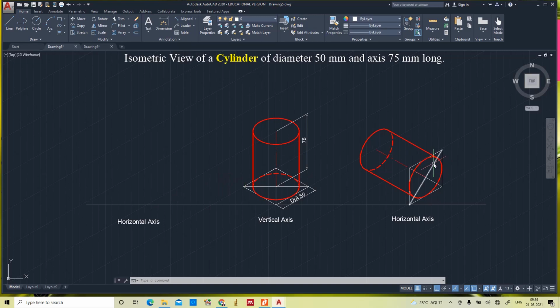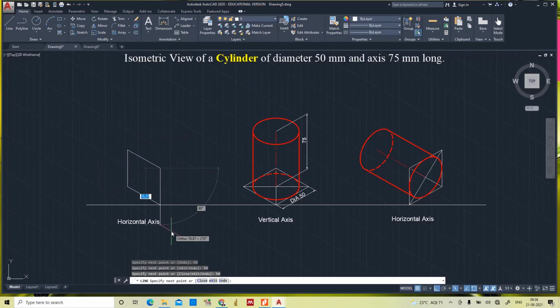Now we will go with the horizontal axis cylinder based on the side view, function F5, yeah, 50, 50, 50 and then 50, yeah.